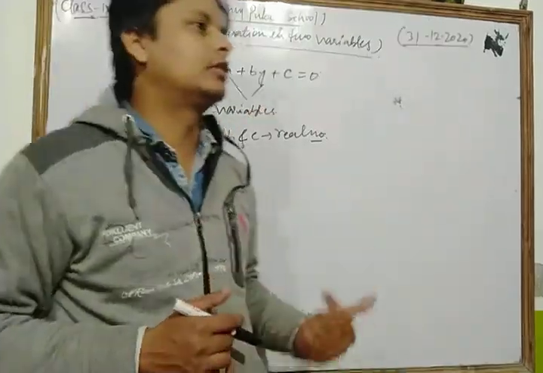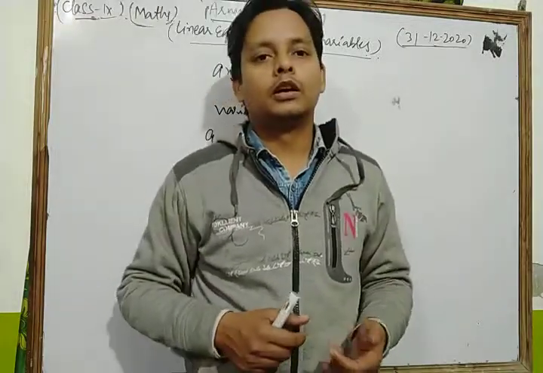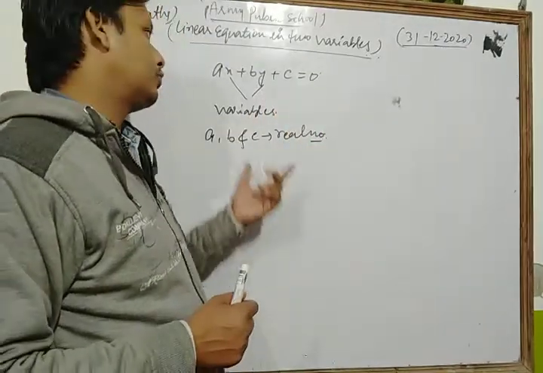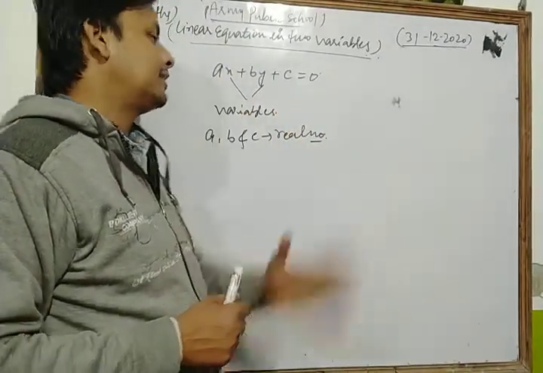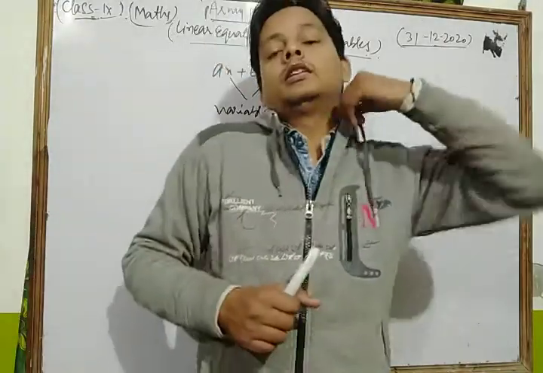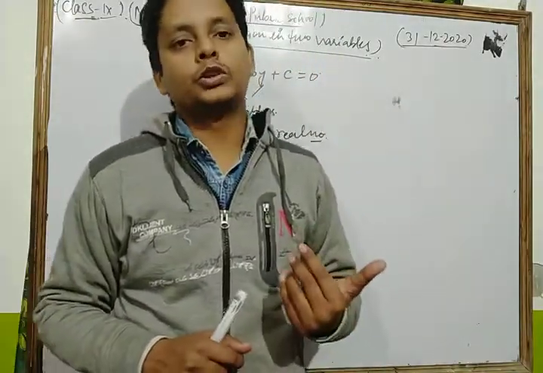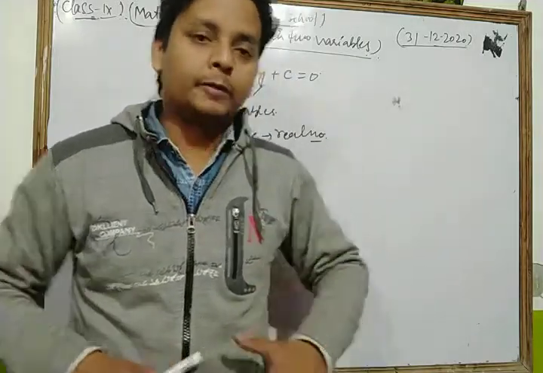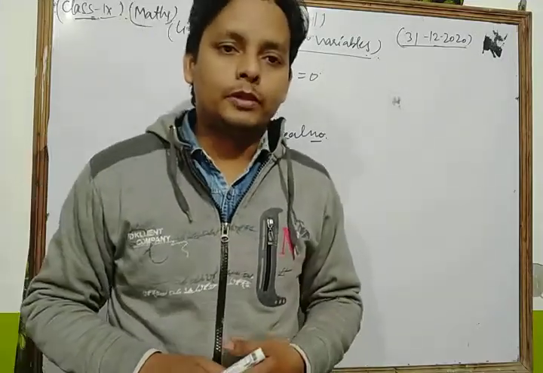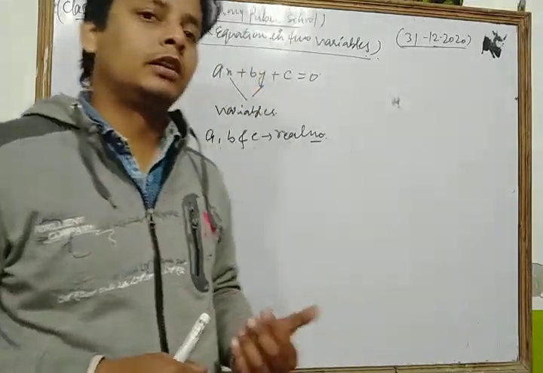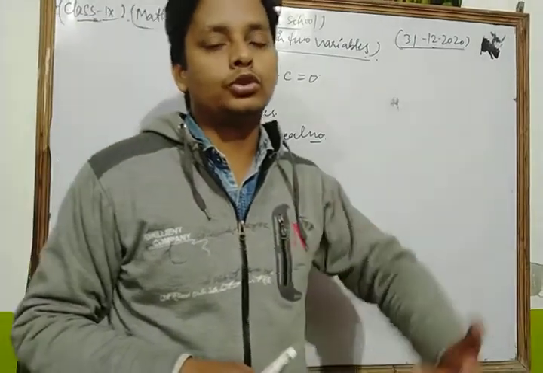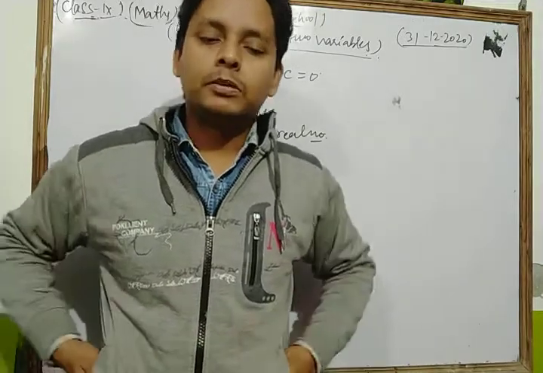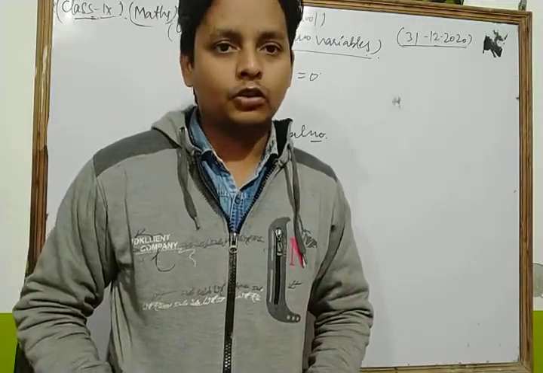We also discussed problems on linear equations, that is, converting any type of equation into the form of a linear equation in two variables and finding the values of a, b and c. The next topic was forming a linear equation according to a given statement. And we also discussed the third topic of that chapter, the general solutions of linear equations in two variables, and solved some important questions based on that topic.